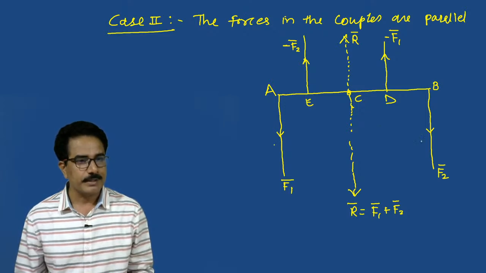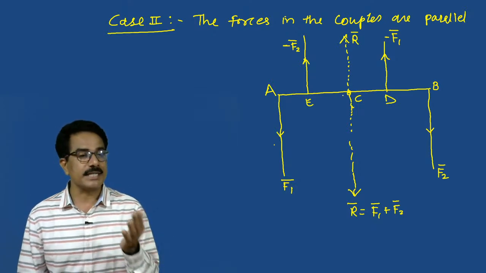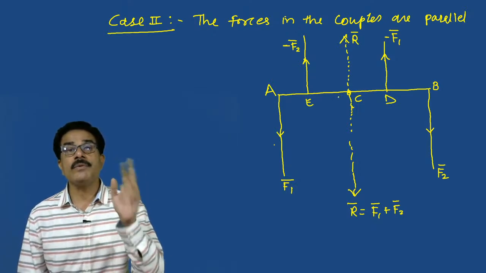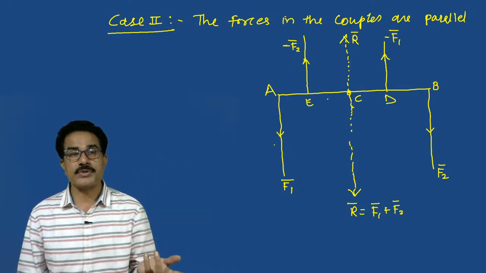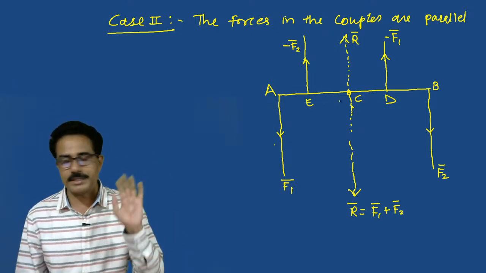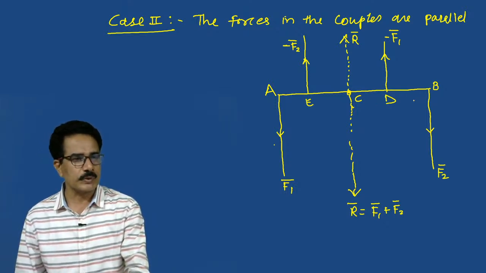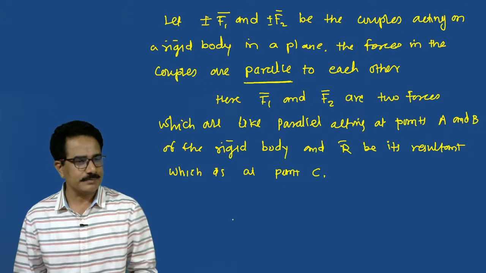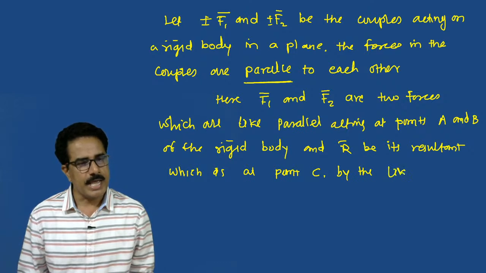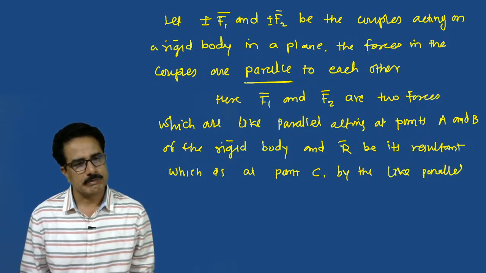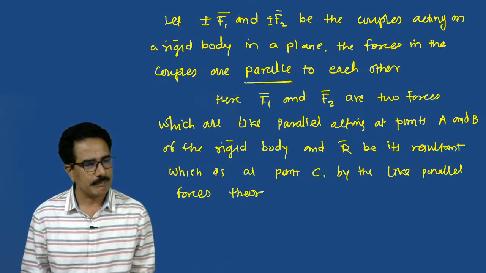Suppose this is P bar, suppose this is Q bar, this is CA, this is CB. Then what is the resultant? The magnitudes of the forces are in the inverse ratio of the distances of their resultant. That is CA upon CB, which equals F2 upon F1. Therefore, by the like parallel forces theorem,